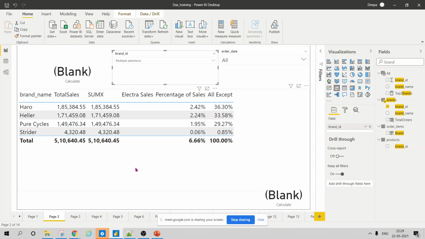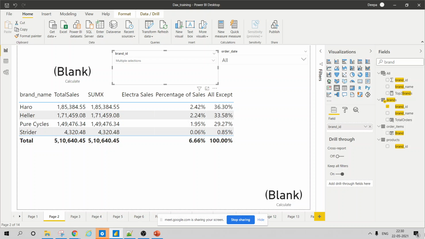Now, here what you are seeing is the branding. I'm trying to get the percentage of sales for the brands Hero, Heller, Pure Cycles, and Strider. And this is giving me the percentage. Now, this is not what I want.